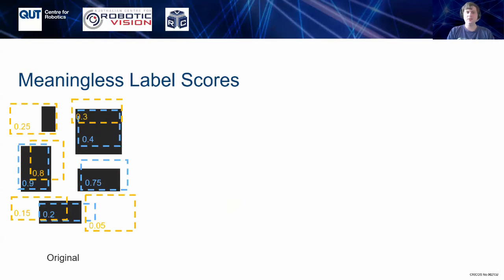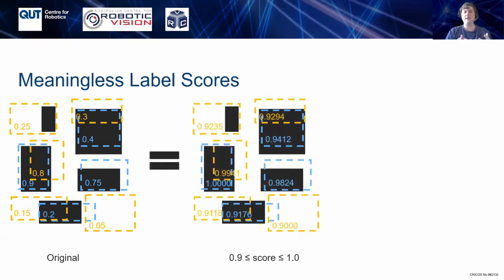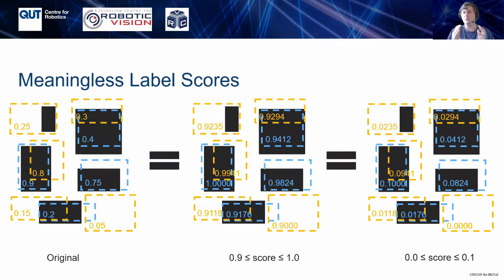And that can lead to situations where if we had an object detection situation like this, for example, it'd be exactly the same as if we squished all of the label scores between 0.9 and 1.0, or if we squish all of those scores down to 0.0 and 0.1. The score itself doesn't matter, just the relative ranking,